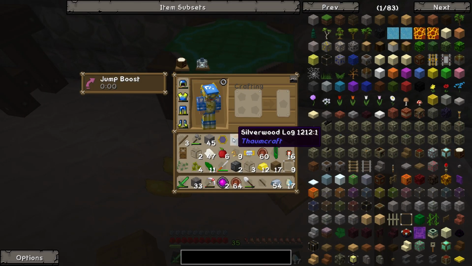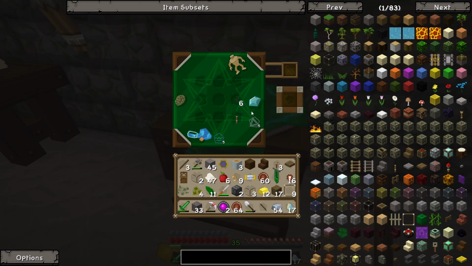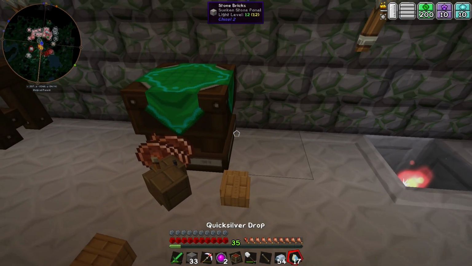Okay, what I should do here real quick is, first of all, let's make a chest, because we need a place to put some stuff down, because our inventory is just far too full right now. Let's take you, and then let's do...